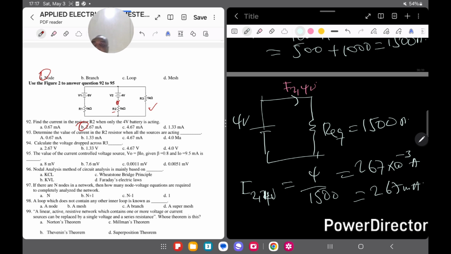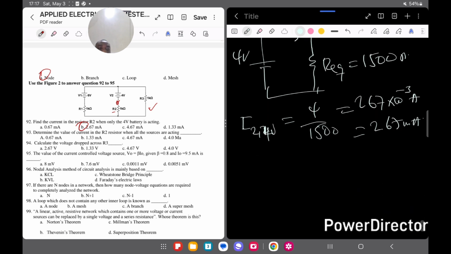Now moving to question 3. Determine the value of current in R2 resistor when all the sources are acting. So like I keep on saying, this is just trying to make us use the superposition theorem. So now if all the sources are acting, we know that in that case,